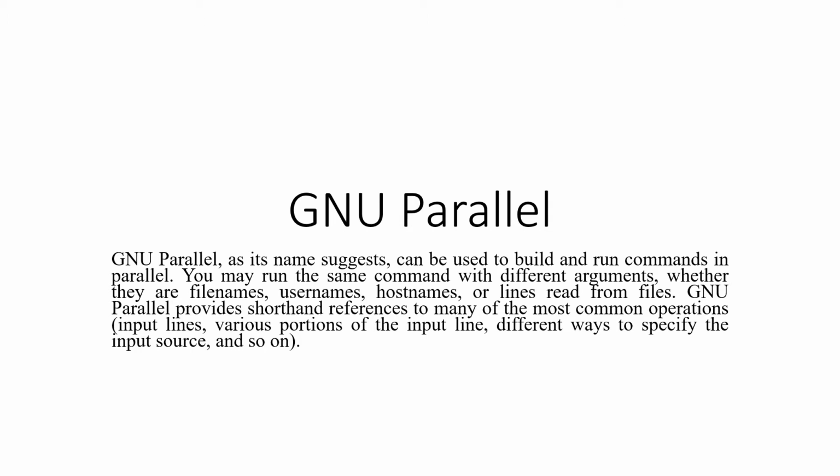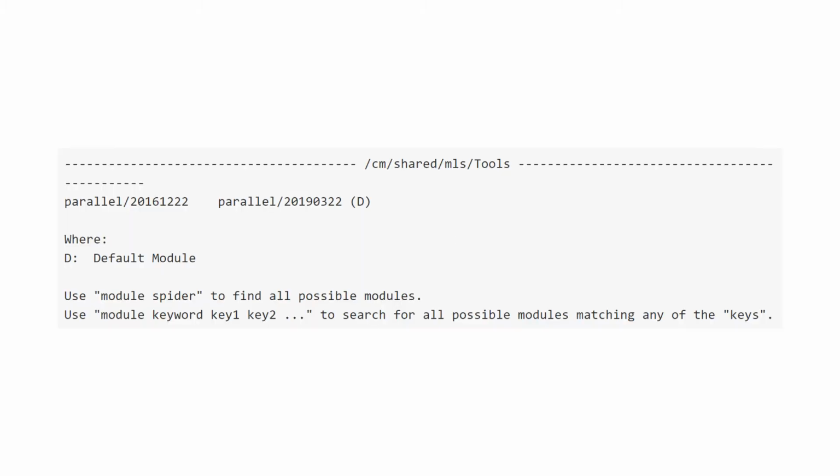There is a set of commands we can use in order to query, load, unload modules. To interact with the module environment system, we can use the module command. In this section, we need to use the GNU Parallel program. To check for its availability, we type module avail parallel. We get this output. We see that there are two versions of the module available in Turing. To load the default module, we type the following: